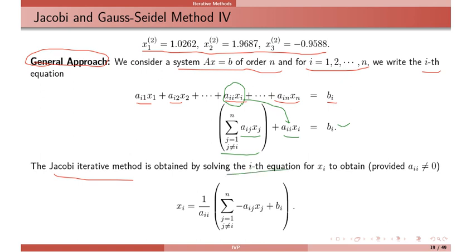So in all iterative methods, we solve the first equation for x1, the second for x2, and so on. In general we solve the ith equation for x_i, provided the coefficient of x_i is non-zero. So just solve this equation for x_i. Take everything on the right hand side, or you can keep this a_ii here, that does not affect. So a_ii x_i equals this. Solve the ith equation for x_i.